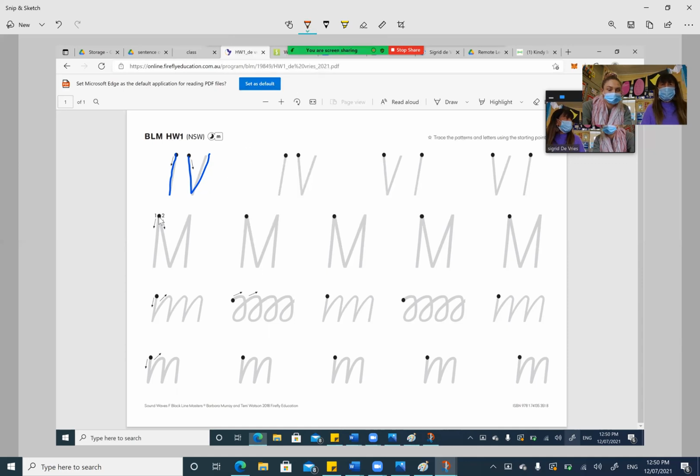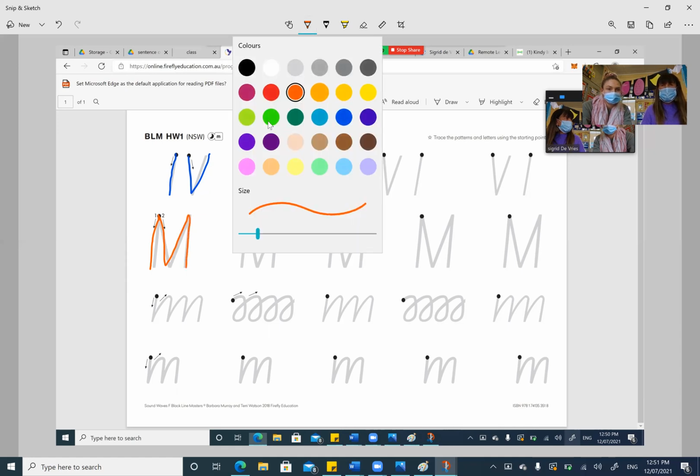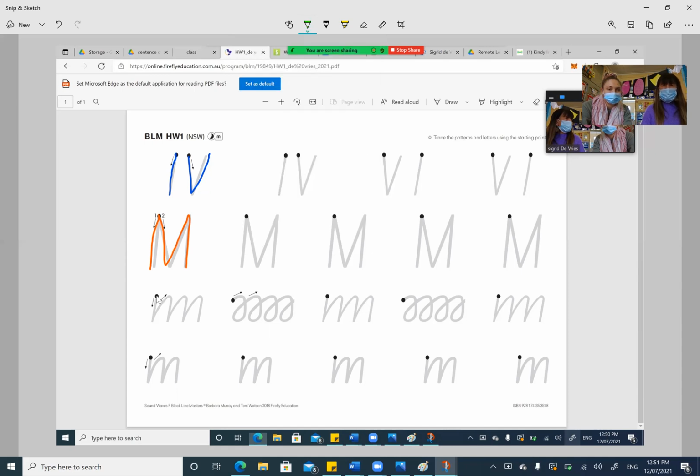All right, start with number 1, go straight down, take your pencil off, go to the top, down, back up and down. All right, that's perfect. And you can finish the rest of them at the end. All right, now this time we're preparing to do a lowercase m. So we start at the top, go down, back up, down, back up, down, back up, down. Perfect.